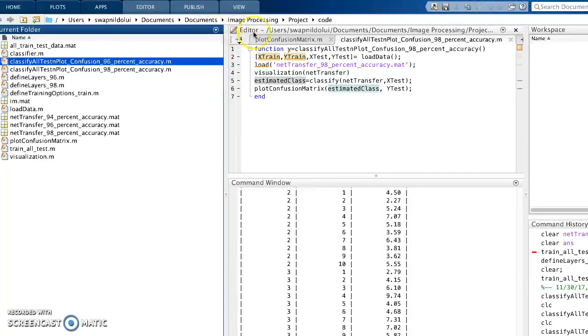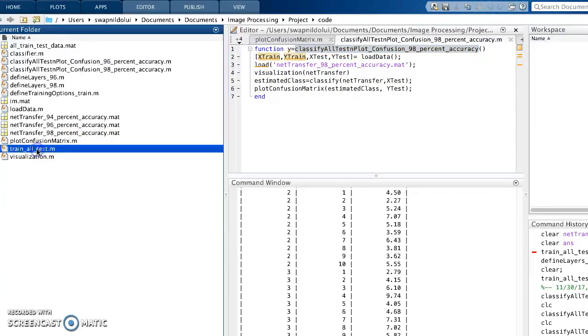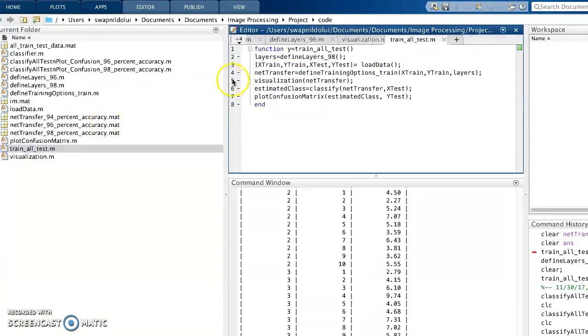And one thing, for this function I have skipped the training part because this is just a demonstration of how we use the trained network to plot a confusion matrix. I have also defined a comprehensive function that goes from training through visualization until we plot the confusion matrix. So this function you can run, but mind it, if you run this function